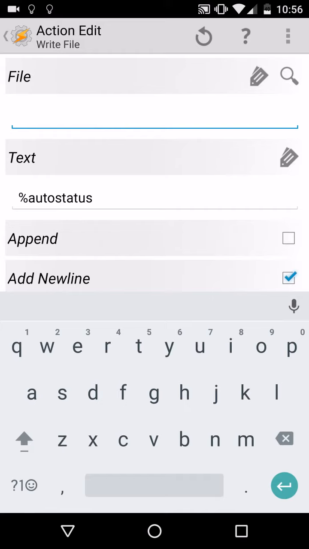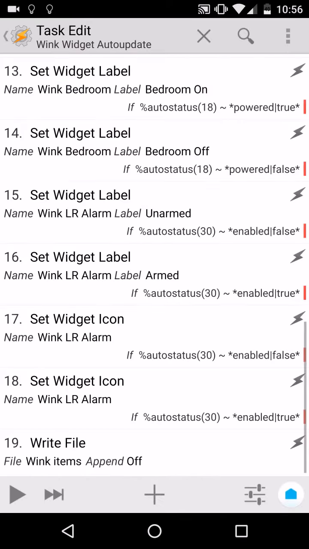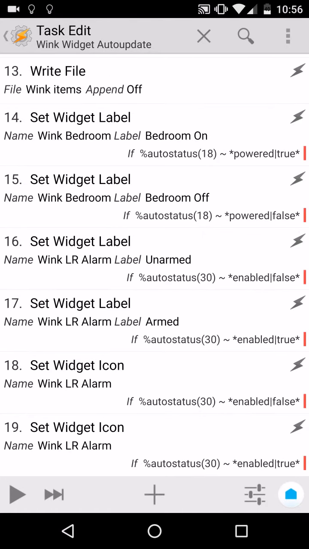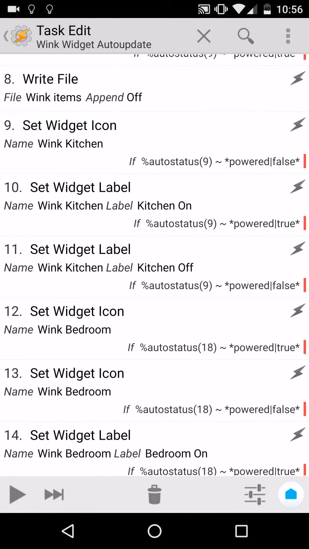So let's say link items, right, and then add a line, right? Okay, fine. So if you create that write file and then put it